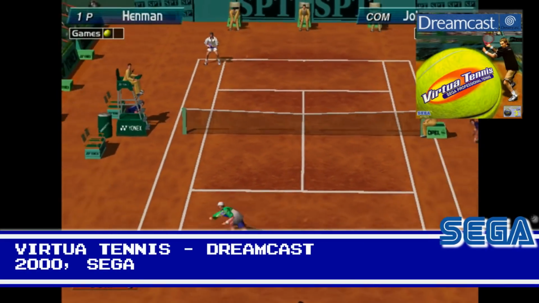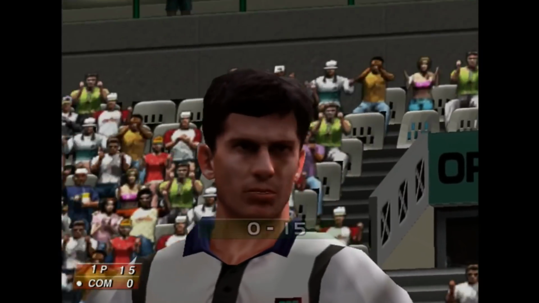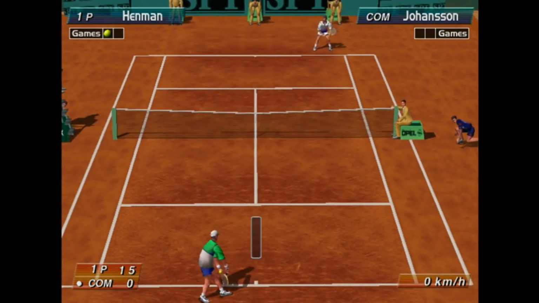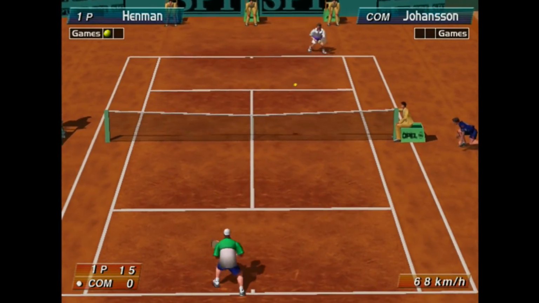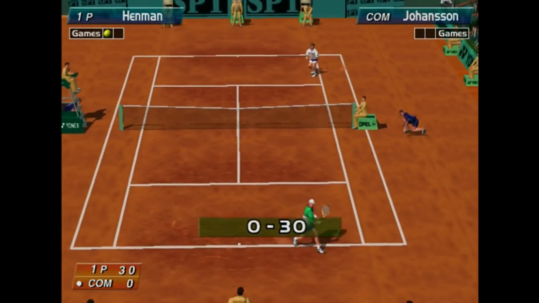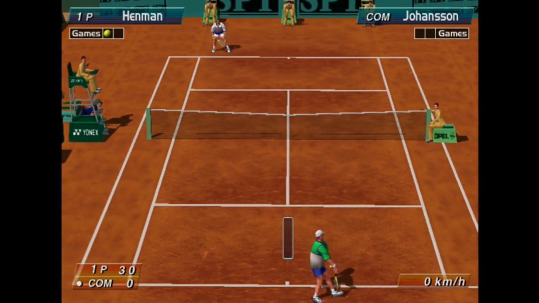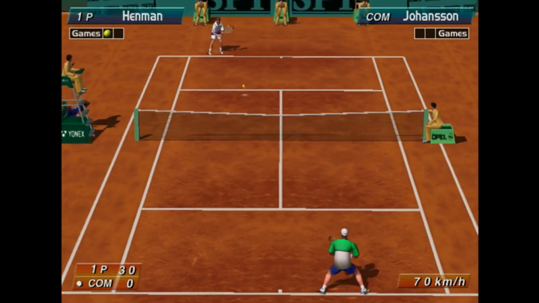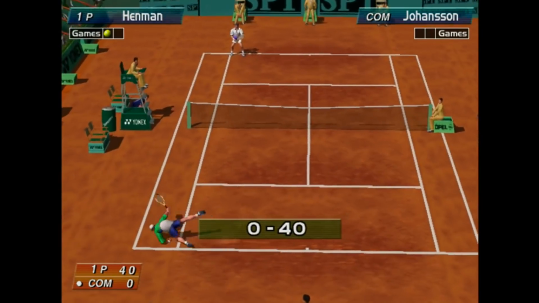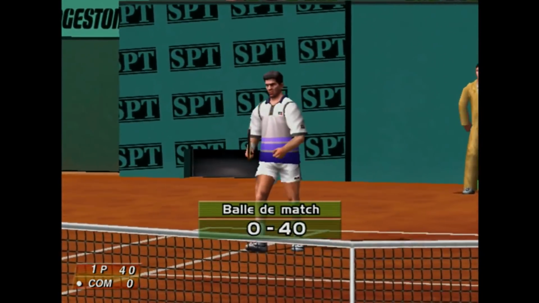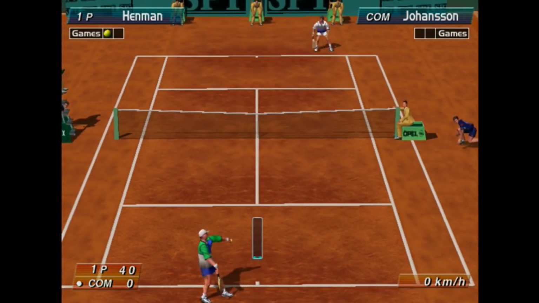Now here's one of my favourite Dreamcast games of all time. Actually, it's one of my favourite games of all time. Sega absolutely nailed it with VIRTUA Tennis, and it translates extremely well onto the Dreamcast's potent hardware. Everything here seemed so realistic to me. It even does today. From the smoothness of the graphics to the sound of the racket hitting the ball, everything